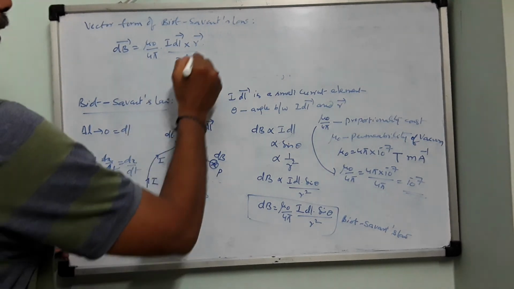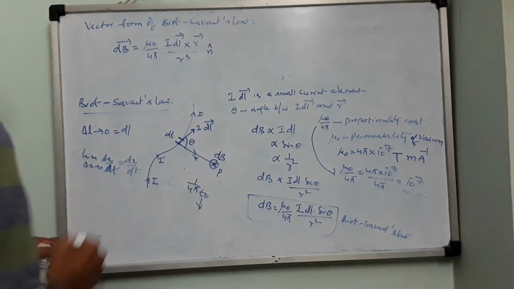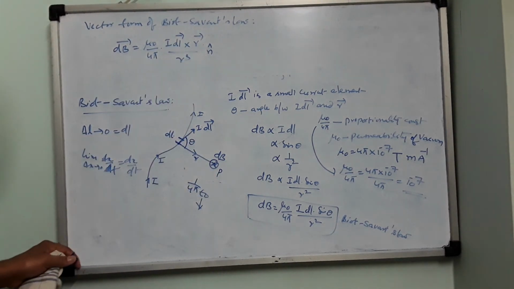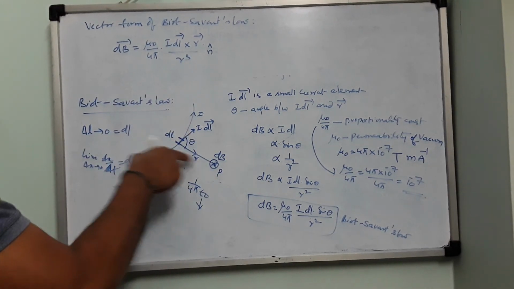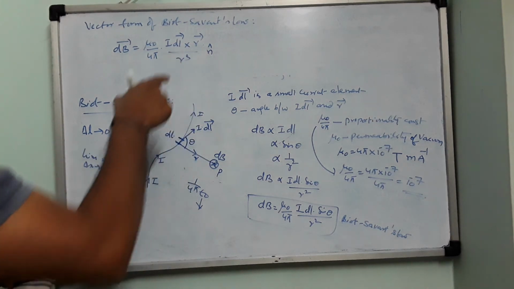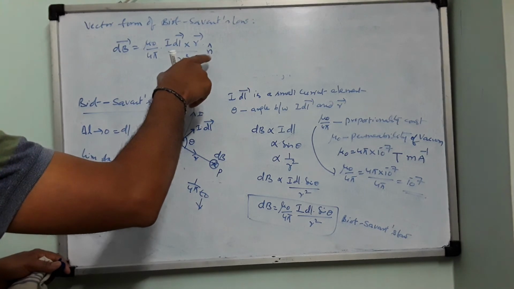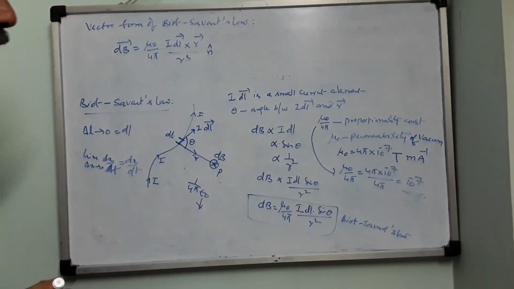So this is into the plane. You also can write it as n cap. Or if they are in the YZ plane, this will be I cap. If they are in the XZ plane, this will be J cap. If they are in the ZX plane, this will be J cap. Like this. So perpendicular. Fine.